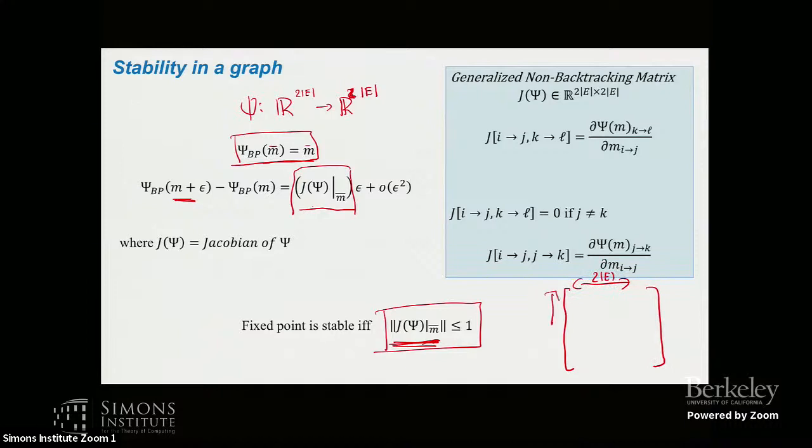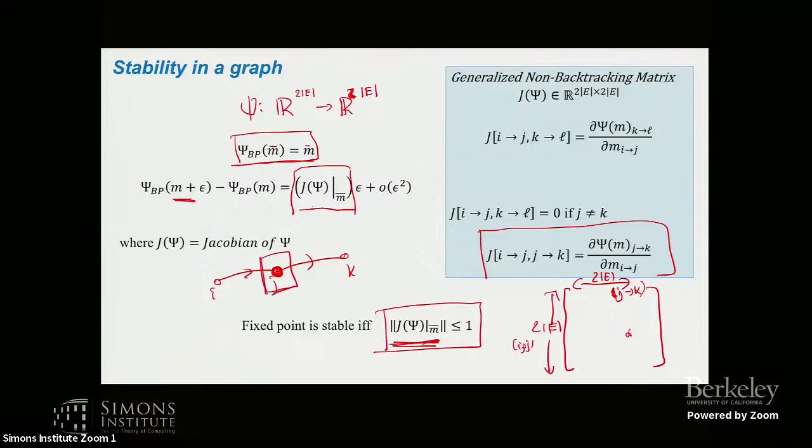For every edge, there are 2 rows and 2 columns for it. And the non-zero entries of this matrix are only on entries of the form ij to jk. So if I have edge ij, and then edge jk, in the row i to j and column j to k, there's a non-zero entry, which is given by the partial derivative of the BP update rule for